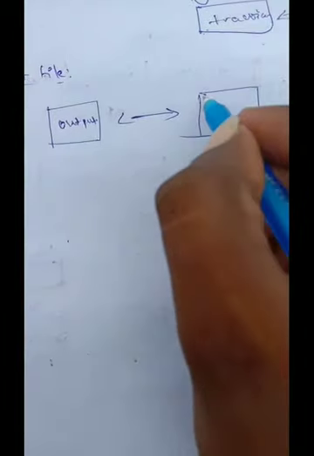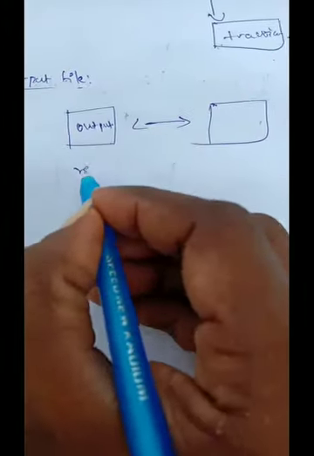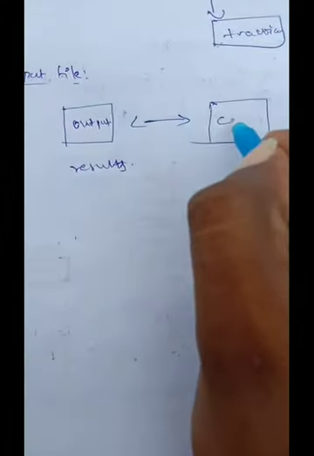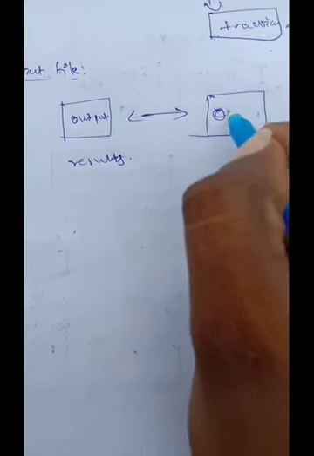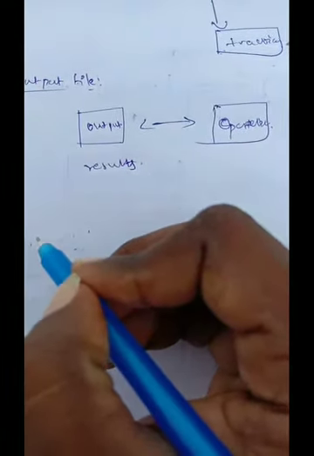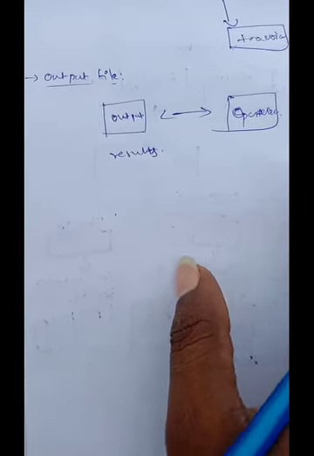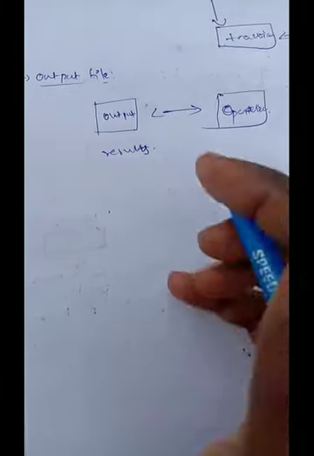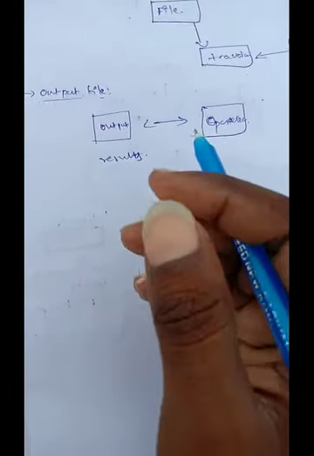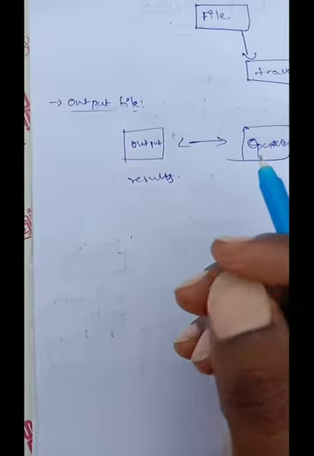So the file which is used to represent the results after the transaction or any operation is done is stored in the output file. So it is available, and we can make sure that the output is okay. If the output is okay, it is stored in the output file. If there are any errors or changes, those are not reflected in the output file.